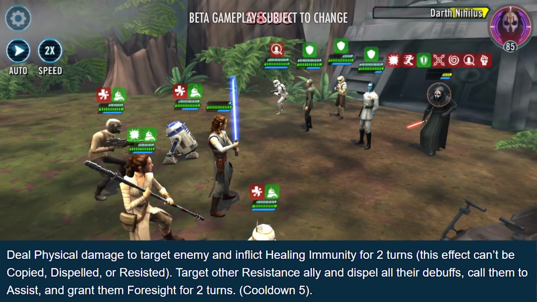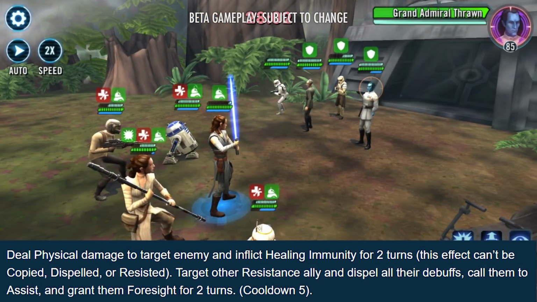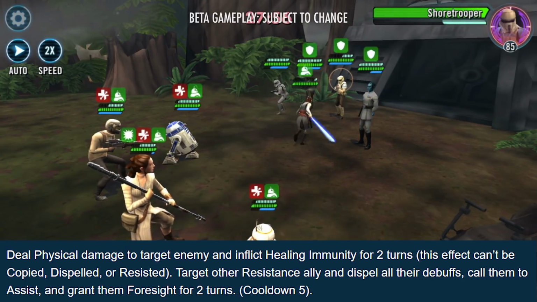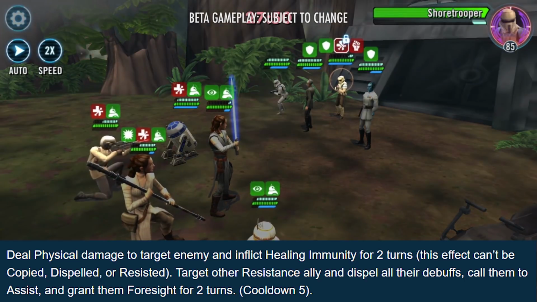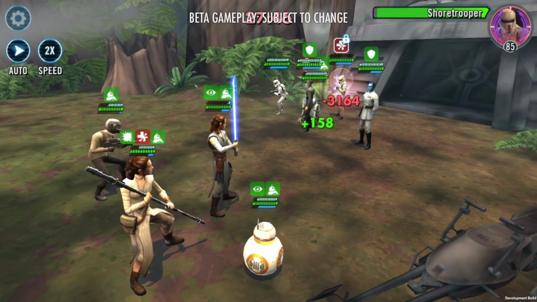Deal physical damage to target enemy and inflict healing immunity for 2 turns. This effect can't be copied, dispelled, or resisted. Target other resistance ally and dispel all their debuffs. Call them to assist and grant them foresight for 2 turns. Now, this is very good because if they are stunned, she can unstun them, bring them into assist,